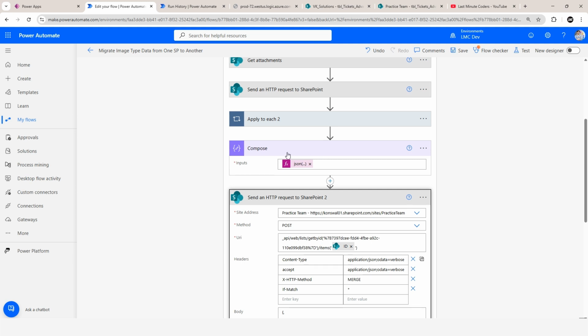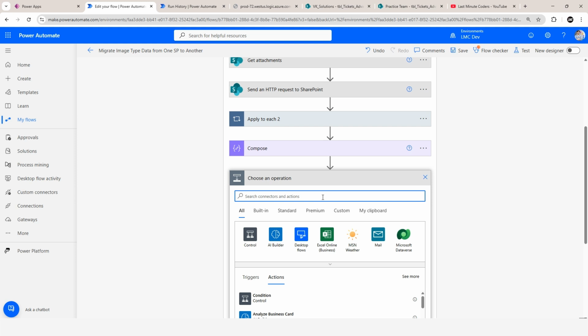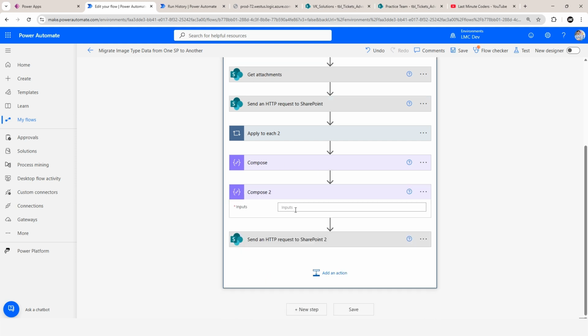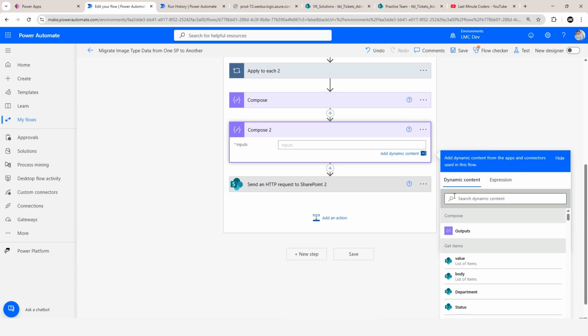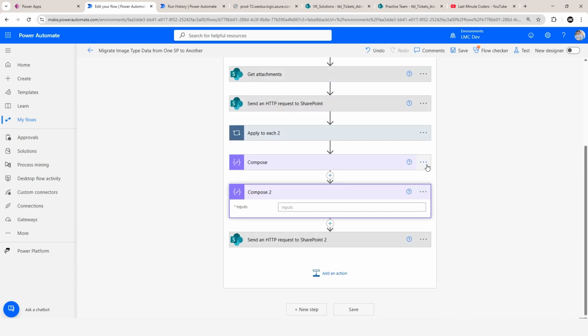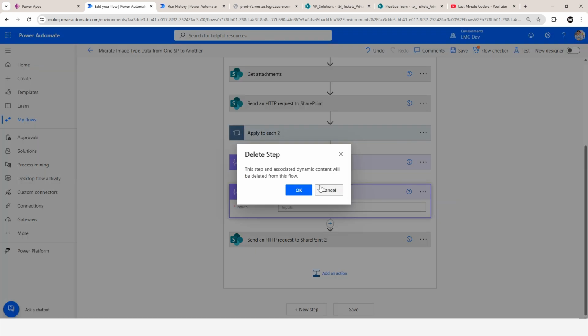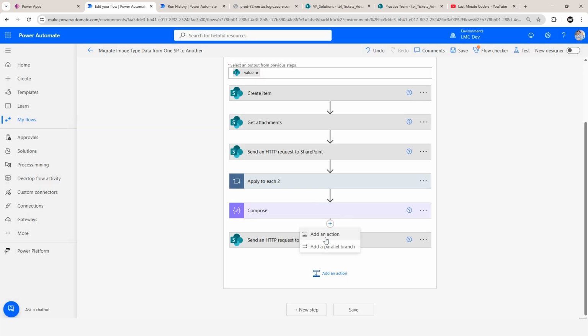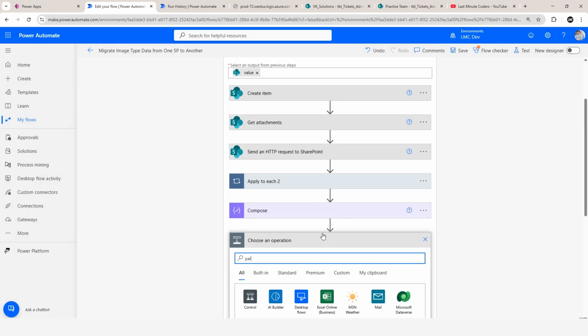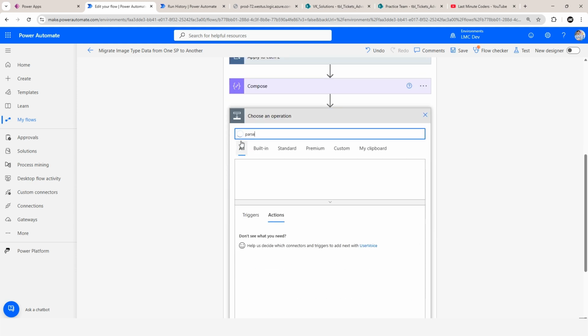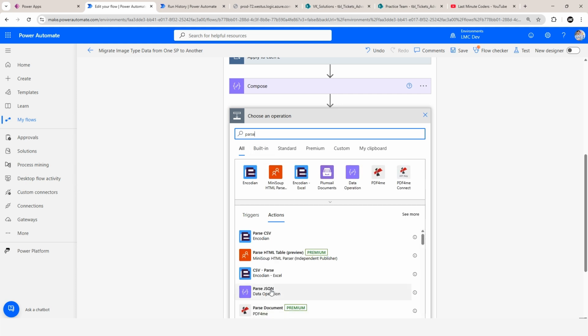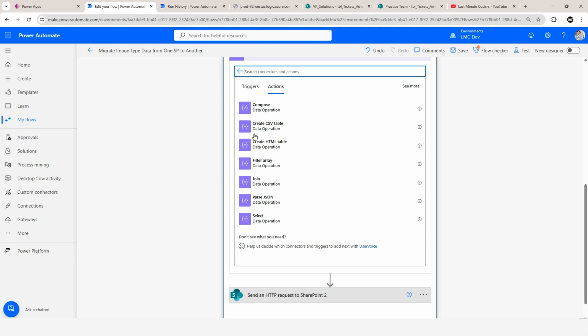So we got our JSON. Now we have to parse this JSON. So how do we parse the JSON? Again, you can use compose action. Wait, there is an action called parse JSON. So let me delete this. I'm going to click on new action and search for PARSE, and I think it will come. If it does not come, just search for data operation. Yeah, it is coming. Within data operation you will get this